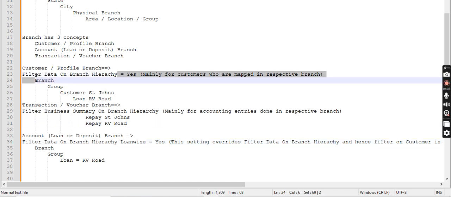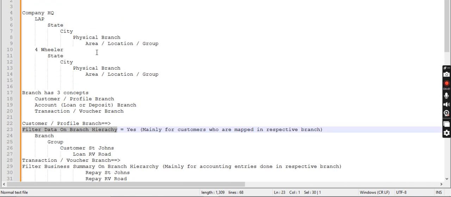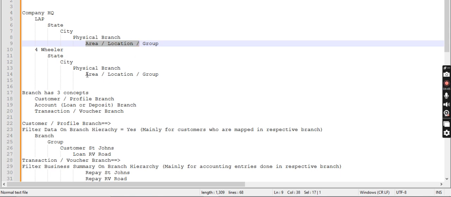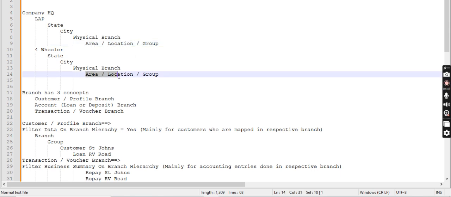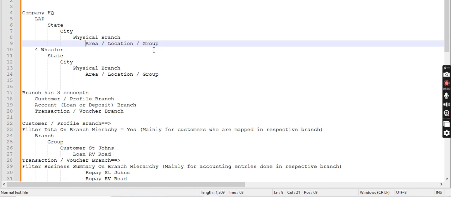If you set Filter data on branch hierarchy, then even though your loan is created in the Mumbai branch, if your current branch is Pune, then you can see that loan because you are filtering data on the customer profile branch, not on the account creation branch. All right. This is a little confusing, but